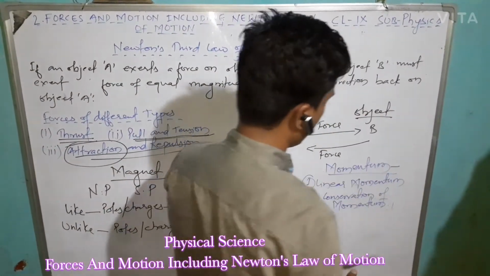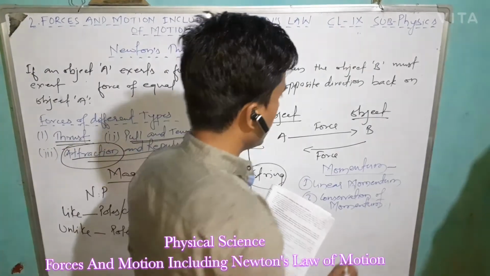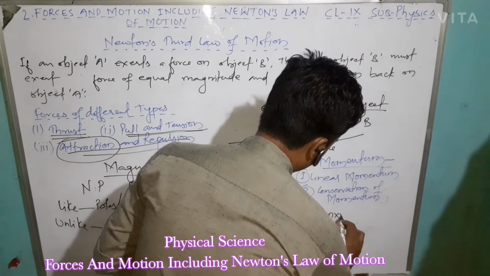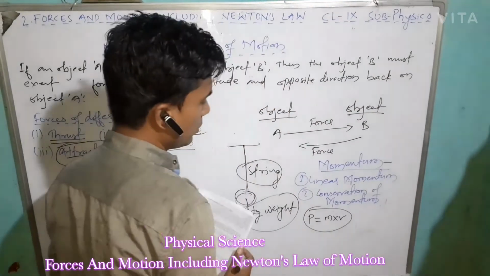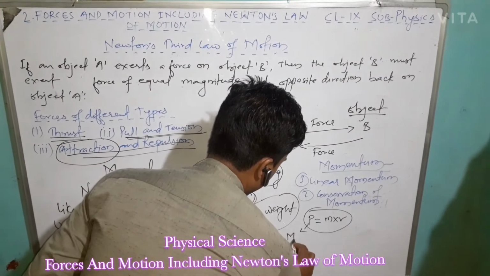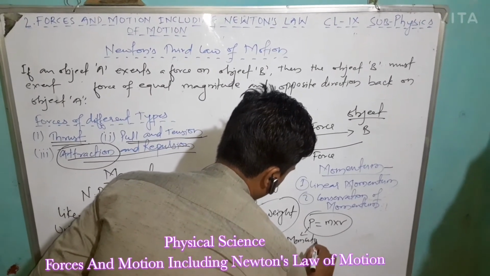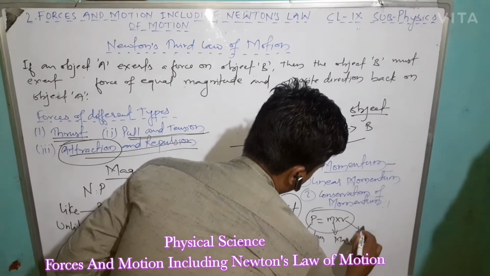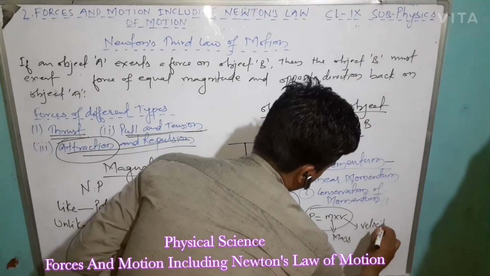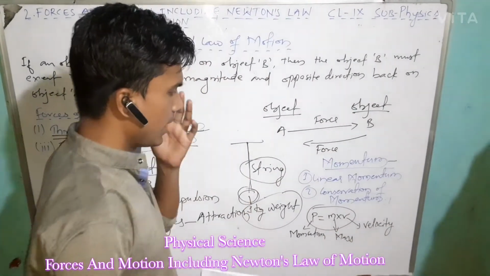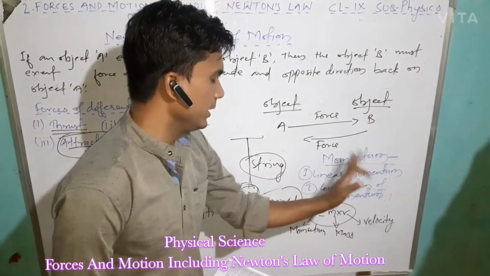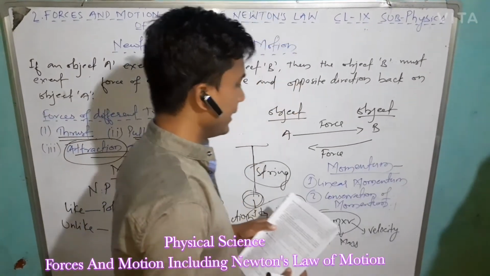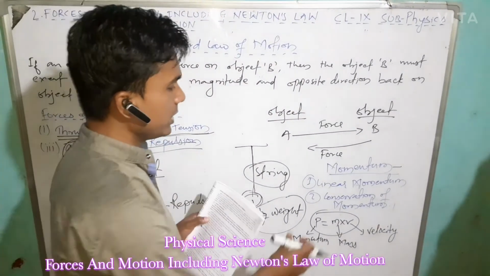So here, what you understand regarding linear momentum. If you talk about momentum, here momentum, that is P equals m into v, right? P equals m into v. Here P is momentum, m is mass, and v is velocity. So when we talk about linear momentum, it pertains to the mass and velocity of the body. That is, jointly we have the functions of mass and velocity in case of linear momentum.